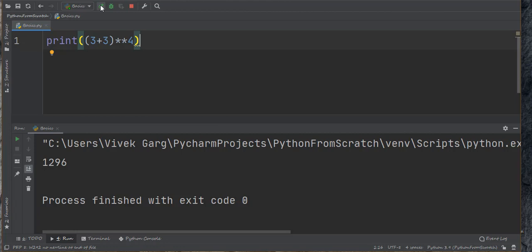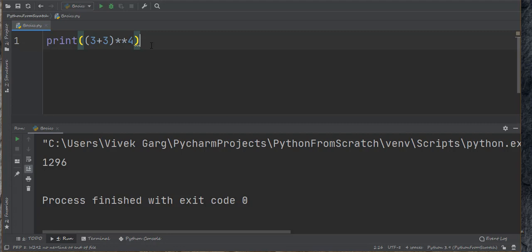Because 6 to the power 4 is 1296, 36 squared. Right. So here we get 1296 as our output, because 3 plus 3 is equal to 6, and then 6 to the power 4 is 1296.